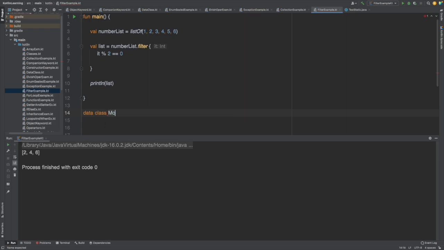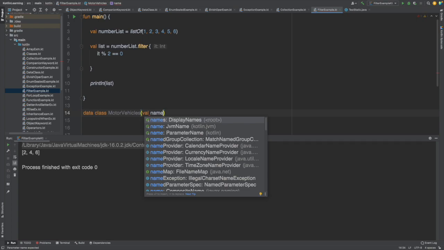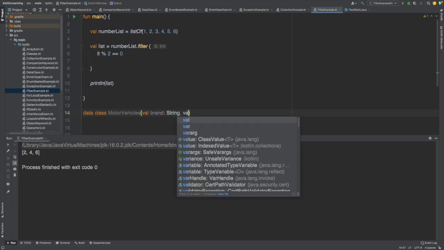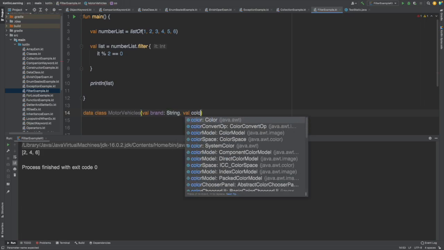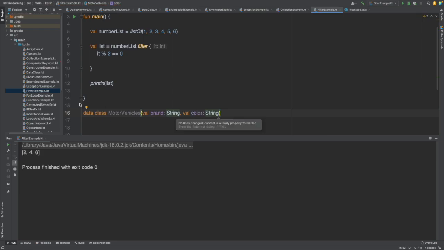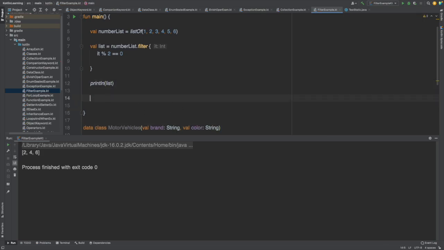For example, let's have a class MotorVehicle, and in this let's have a brand, which is a string, and a color, which is also a string for now. And let's make a list, motorList,